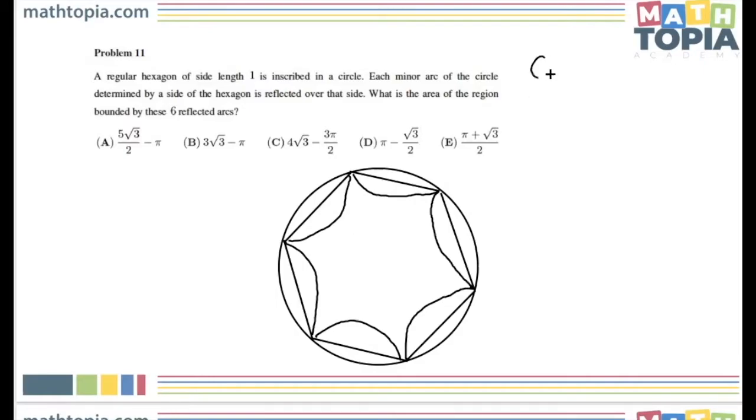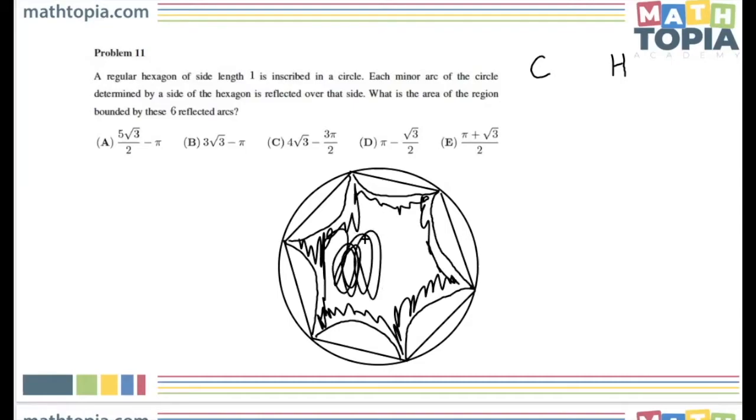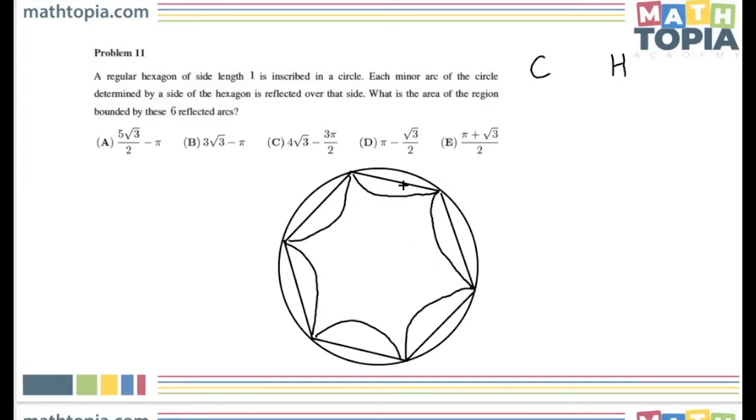If C is the area of the circle and H is the area of the hexagon, how can we express this area, right? The area inside each of these little nooks and crevices of each of these curves. So how can we decide what the stuff in the middle is? Well, what is the area of the sum of all 6 arcs? Well, that's just C minus H, right? If we take the area of the circle and subtract the hexagon, we just get those 6 tiny little arc